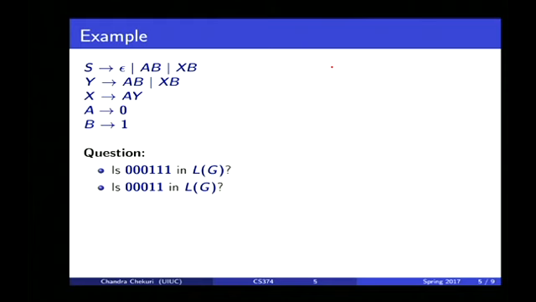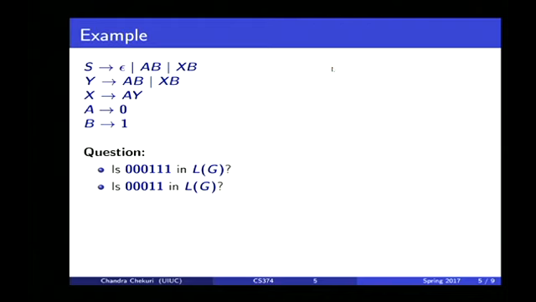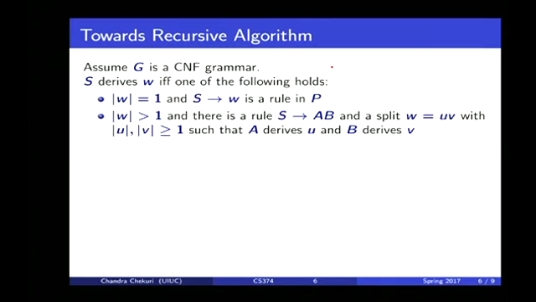Because it's a context-free grammar in Chomsky normal form, you have to use some rule, right? S goes to what? Some A B, I don't know which rule to use. And then what should happen? A should derive some string U, B should derive some string V, and U and V should give W, right? Okay, is that okay? So recursively, what we want to say is, what is the definition of S deriving